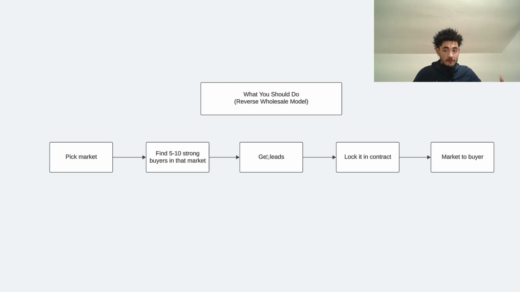So going back to this reverse wholesale model, right? We pick our market, we find 5 to 10 strong buyers in the market. Once we did those two things, we start getting the lead. Then we can get it in contract, and then we can market it to our 5 to 10 strong buyers. Usually, you don't even need to get to this stage because you pre-shopped it to them before you even locked it in contract. And going this route, you usually have the deal sold before you even lock it in contract,